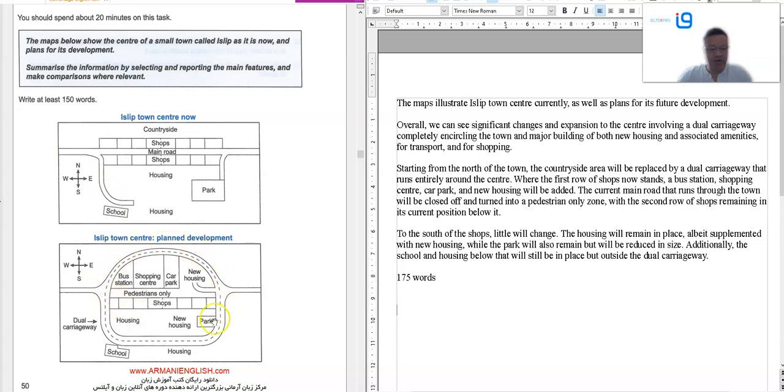It's now a dual carriageway that encircles the town centre, which is considerably enlarged. So, overall, we can see significant changes and expansion to the centre involving a dual carriageway completely encircling the town, major building of both new housing and associated amenities for transport, bus station, car park, and shopping, a brand new shopping